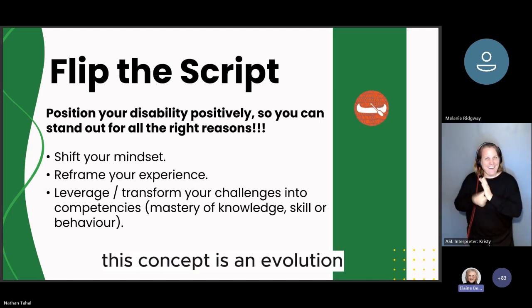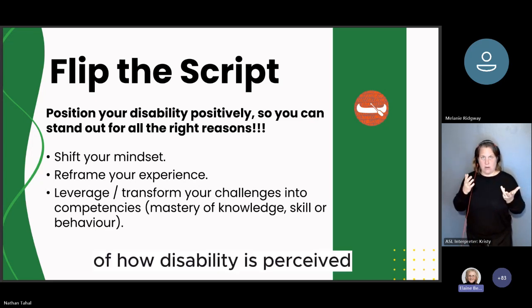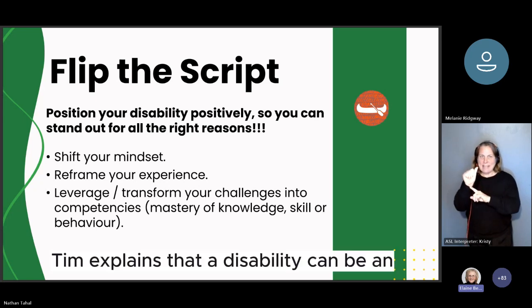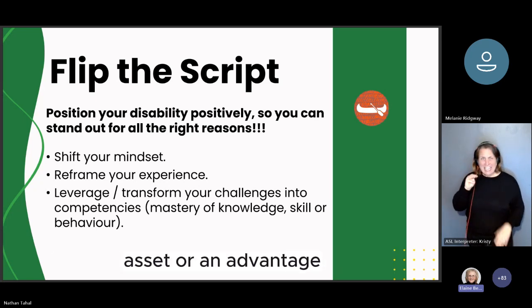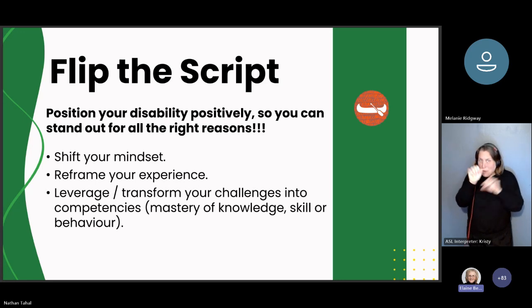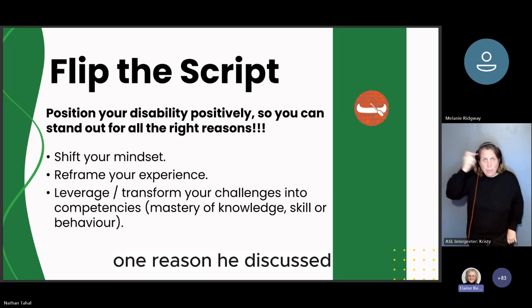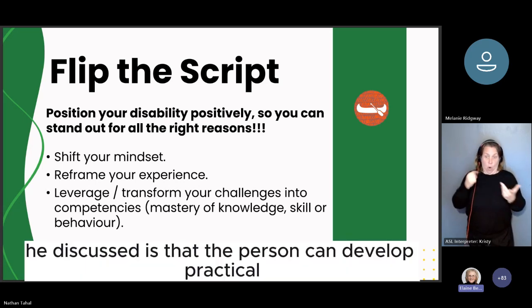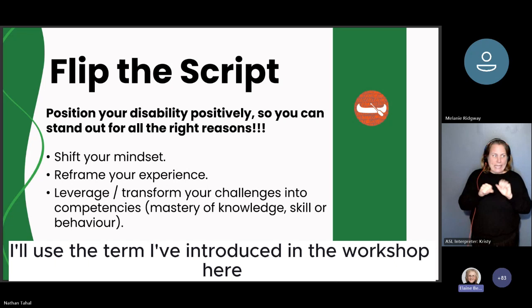This concept is an evolution of how disability is perceived. Tim explains that a disability can be an asset or an advantage. One reason he discussed is that the person can develop practical, or I'll use the term I've introduced in the workshop here,